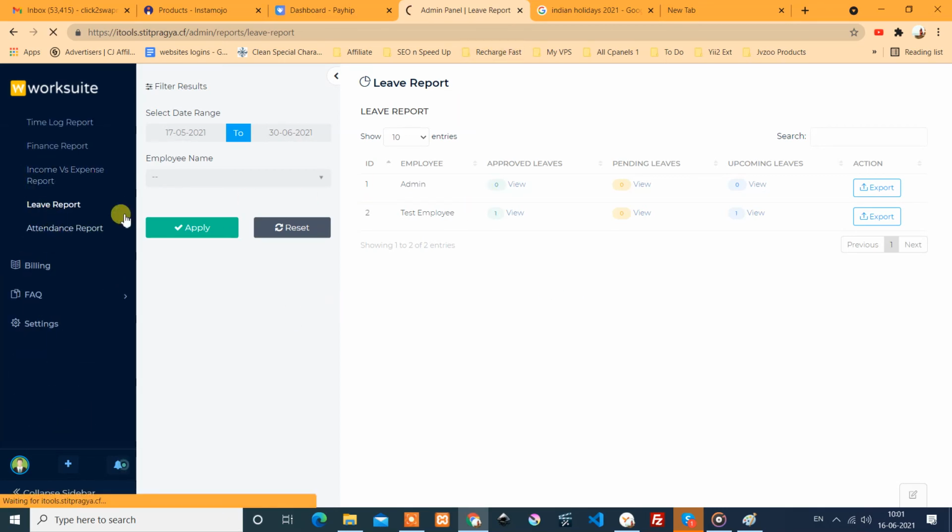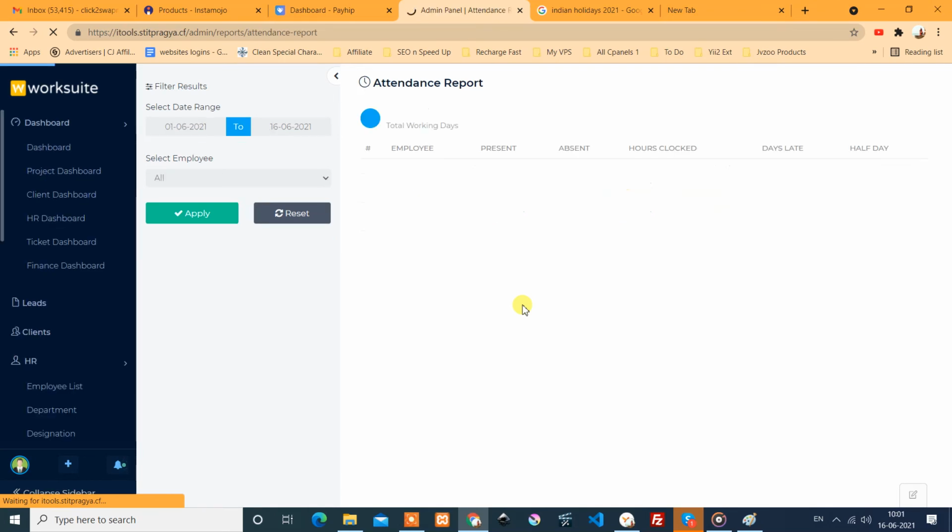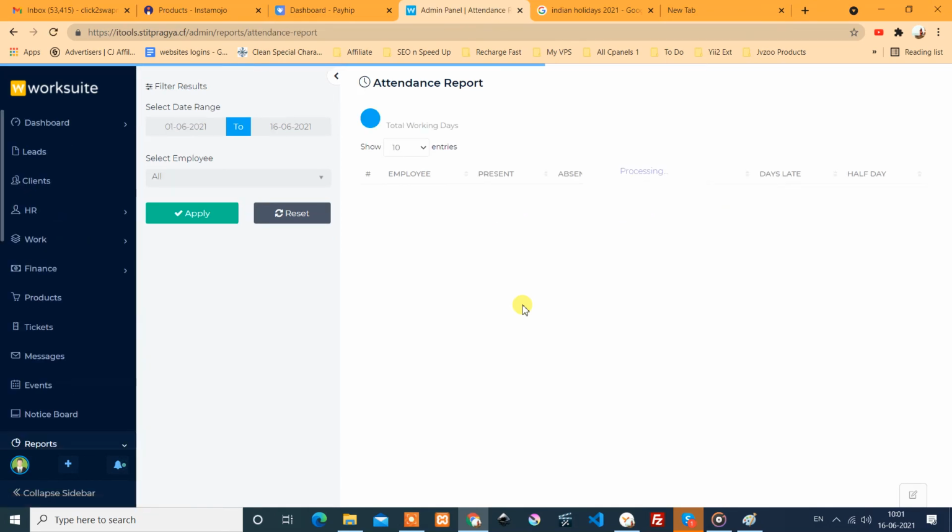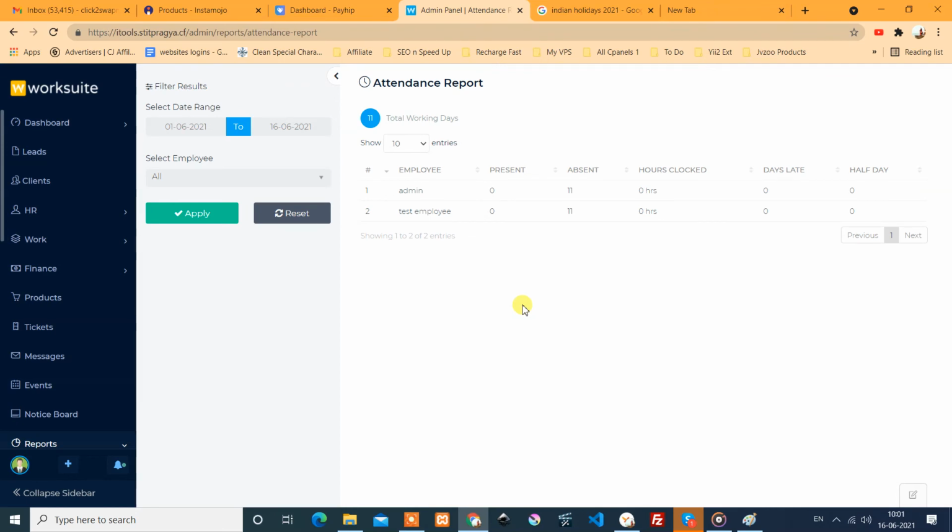And the next is the attendance report. This is for the current month till today, and as the company was added today, all the previous days are shown as absent, 11.